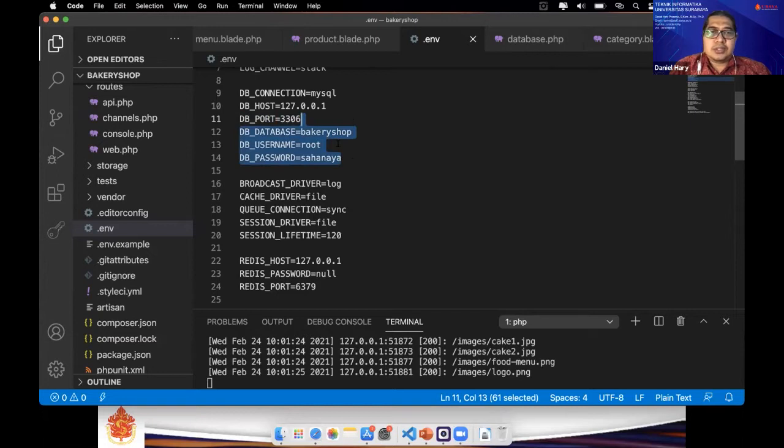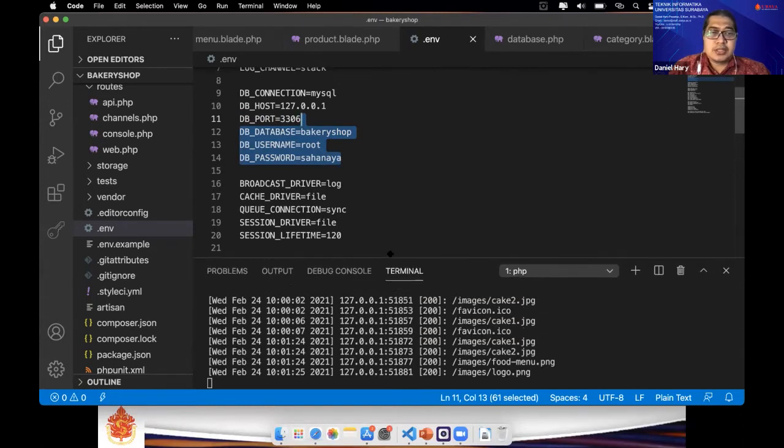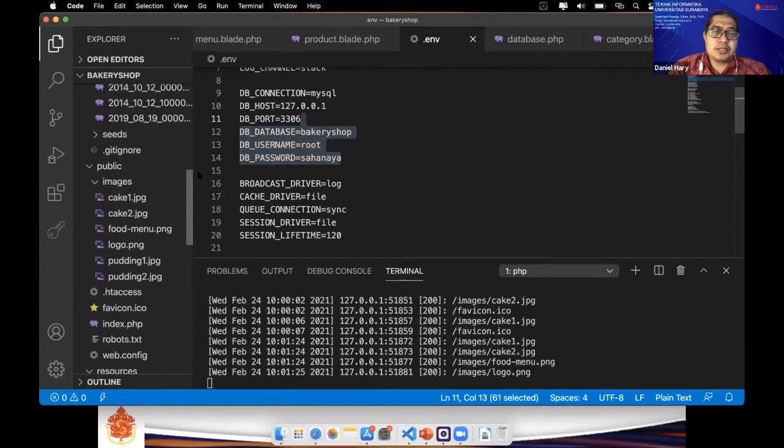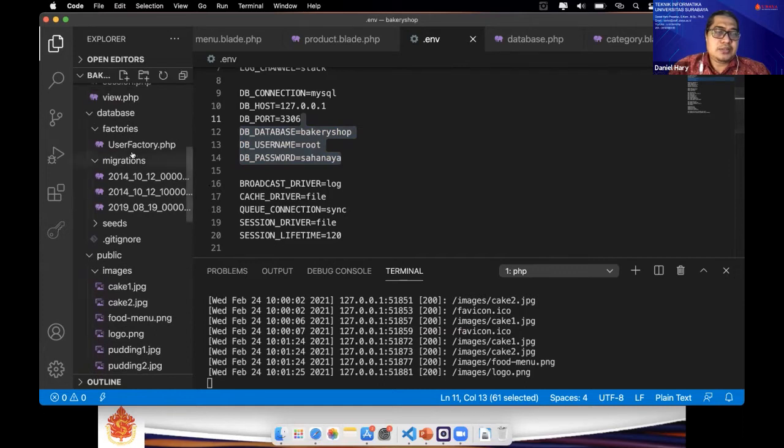How do we make sure our connection is successful, or that we can already connect with the database? The simplest way is to run the migration. By default, our Laravel project already has migration files, in database migrations. There are 3 files.